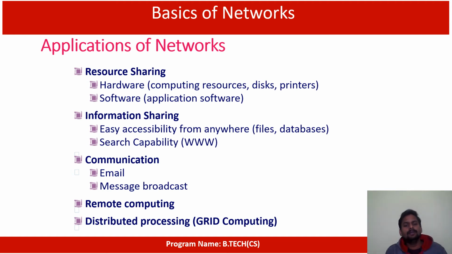Because if I'm doing something from that place, that server will take that information and then update the origin place server. So wherever I'm doing the transaction, that information also will be updated through that distributed system. So it is a submodule of some main process. We are running one server in Greater Noida, but that server is giving authorization to some other branches. So those branches also can do the same operations whichever that server can do. Finally these operations will be updated with the centralized server. So this kind of thing we can say is distributed processing.